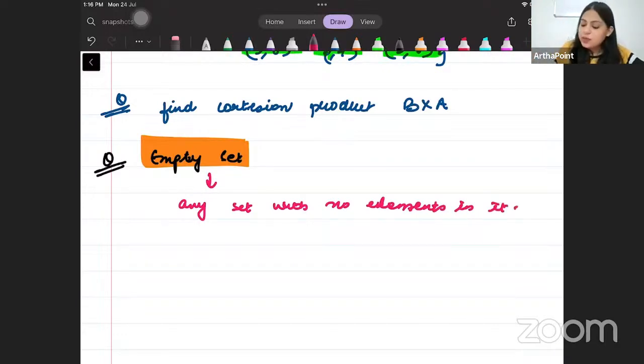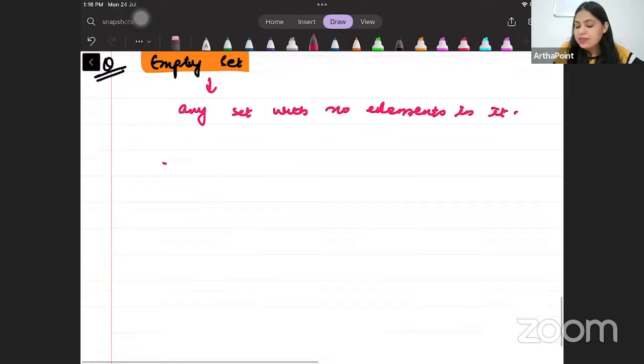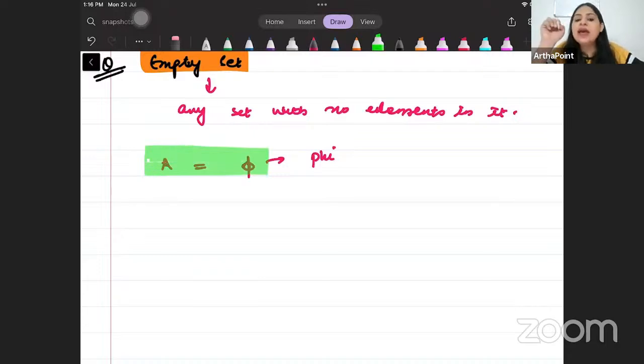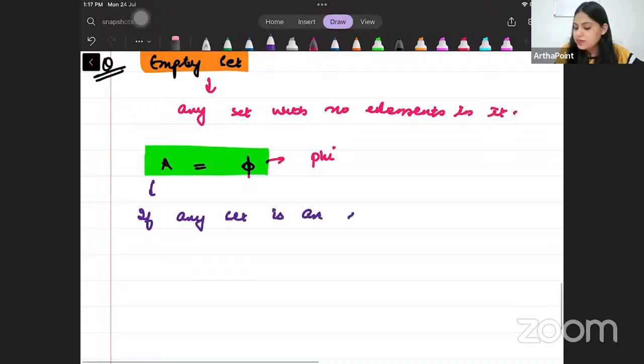Tricky question. Suppose I tell you that A is an empty set. How will I represent it? I will represent it with this sign. This is called phi. Phi means empty. So I am telling you that A is an empty set. A does not have any element in it. Now, what is the rule? But if any set is an empty set,